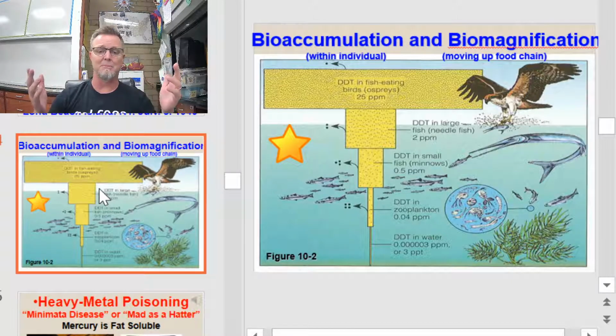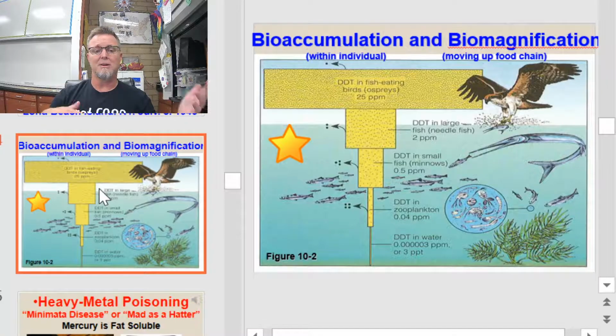So if I'm like this little brine shrimp and I absorb, I don't know, a pound of DDT in my body, that's never going to happen because brine shrimp don't weigh a pound. But I'm just saying as an example, okay? It might take my whole life to absorb that 1 pound of toxin, okay? Well, if a fish comes and eats me, rather than that fish living out its life to absorb maybe the same pound of toxin that I did as a little shrimp, it's going to get a mega dose of that toxin by eating me because I've already absorbed that toxin and lived to the ripe old age in shrimp years of, I don't know, 5, okay?